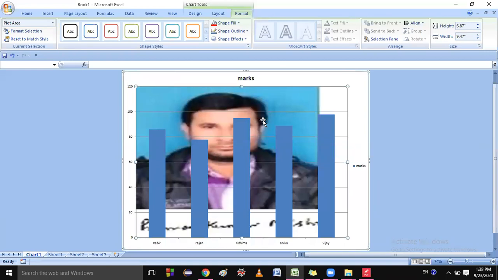So students, what I explained, one thing I was explaining to you, you can change the plot style by right click on the plot area. Just right click, go to format plot area. Are you able to see this? Yes. Click on this.